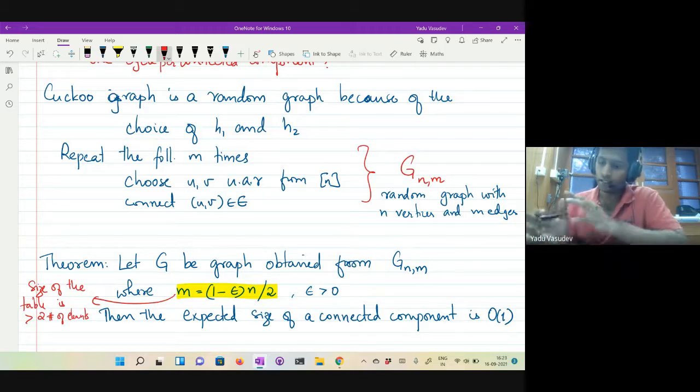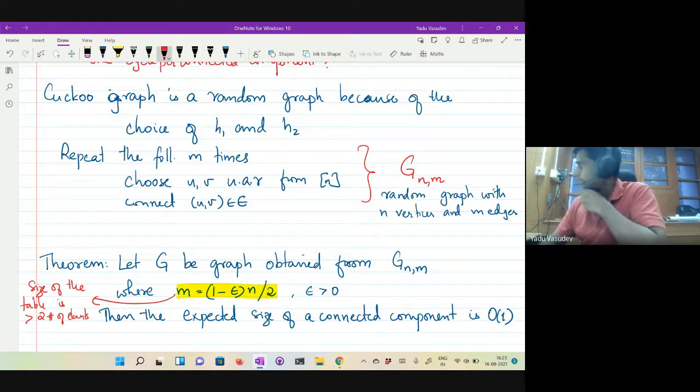Modulo that, this will tell you that the search will take order 1. Any questions so far regarding the model and how we have converted the question about cuckoo hashing to this question about these random graphs?